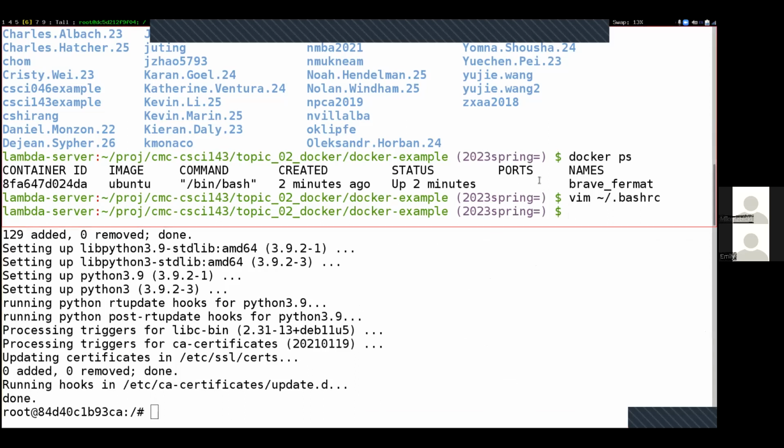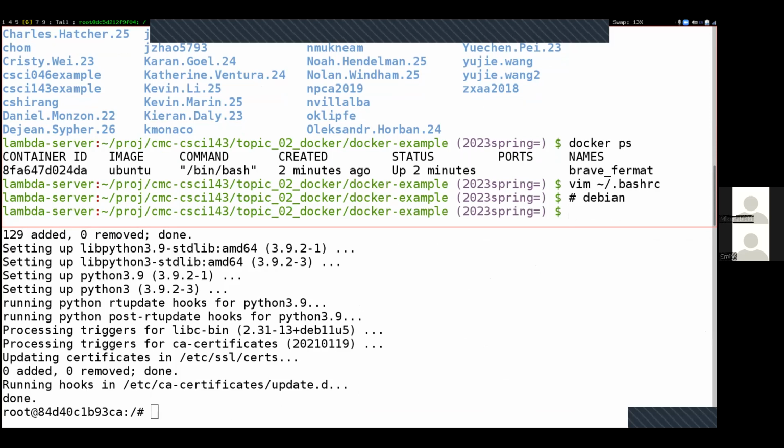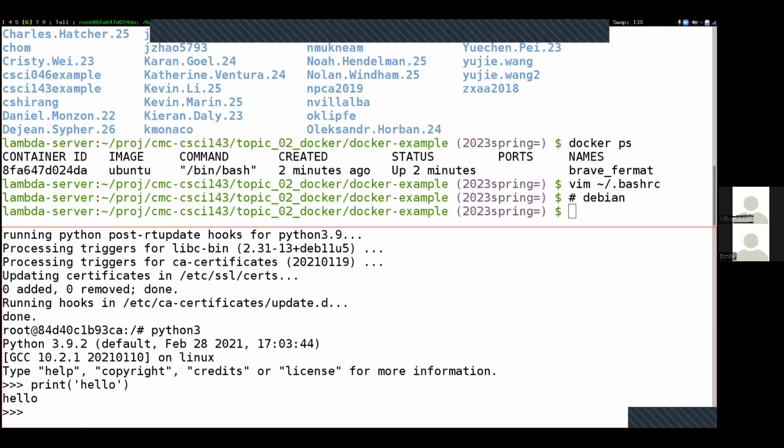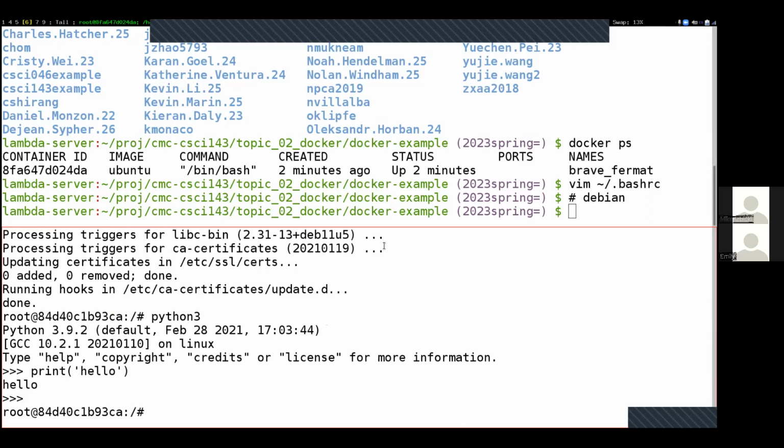The question is, what is the image that I'm using instead of Ubuntu? And it is Debian. And that installed things, and now I have access to Python 3 and can run whatever Python commands I want to run. So anytime you're working inside of a Debian container and you want to install something, it's always apt-get